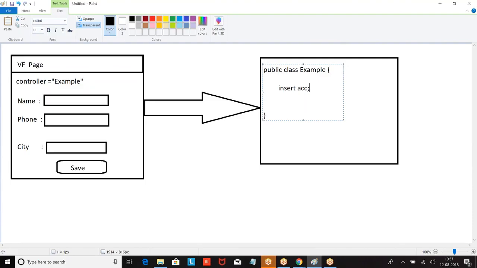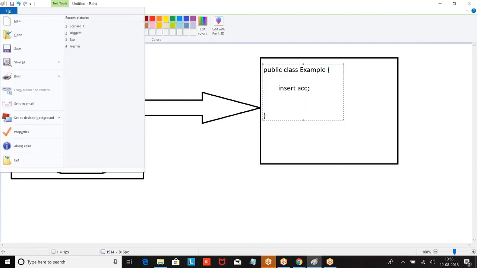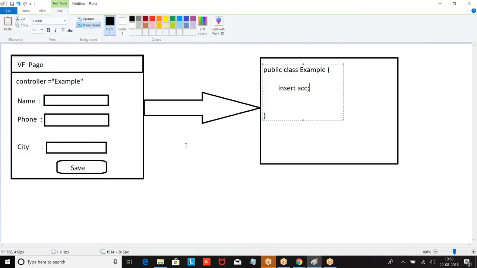When I clicked on the save, it went to the Apex class. In the Apex class, we performed the DML operation, saved the record, and the response came back to the page. This is a general criteria what we want to perform. The same thing I can skip and implement with a concept called standard controller. Am I right? This is a standard concept.